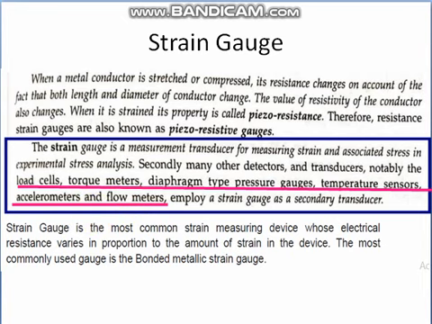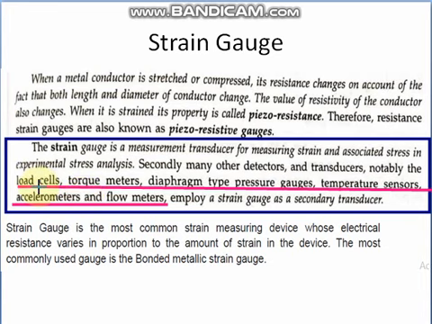If in one transduction the physical property cannot be directly exchanged as an electrical quantity, at that time what we do, first we convert the physical quantity into a secondary physical quantity, and that secondary physical quantity is converted into electrical quantity.